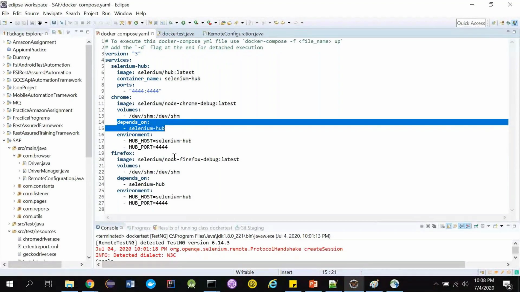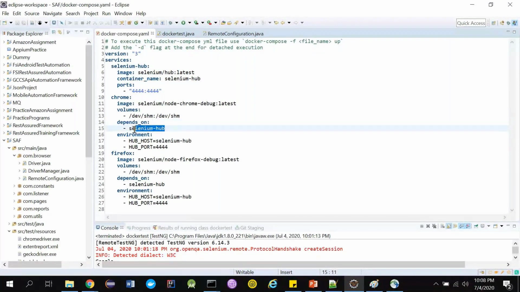Before that, if you try to link the Chrome service to this Selenium hub service, it will not work, because the hub itself is not present. You cannot link to something that is not there, right? So it will throw an error. That's why I'm using depends on and then Selenium hub. It means it will wait for the Selenium hub to be up and running, and then it will link